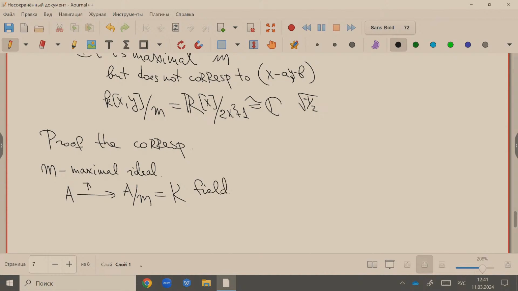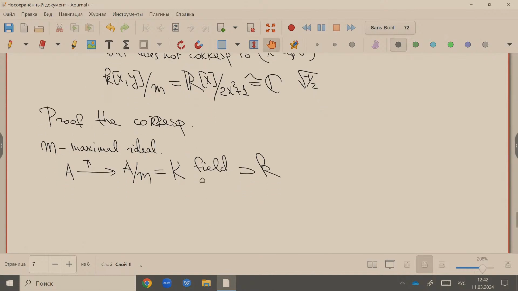The problem is that this field can be quite complicated. It of course contains K, but K is algebraically closed. Но бывают поля, содержащие K. Просто давайте добавим переменную, одну или десять, сколько угодно, а потом возьмем поле частных. Всегда можно расширить ваше поле, например, вложить в поле функций. И мы должны показать, что этого не бывает.